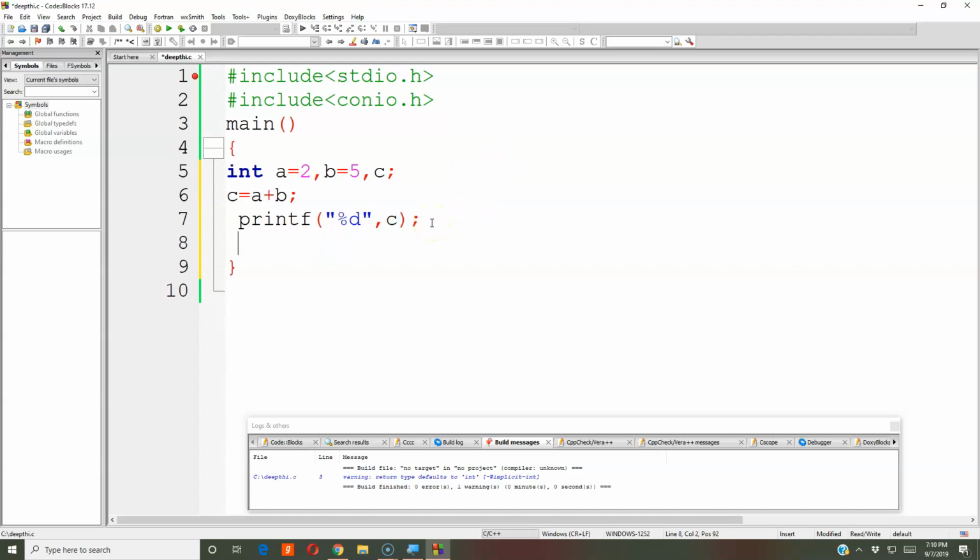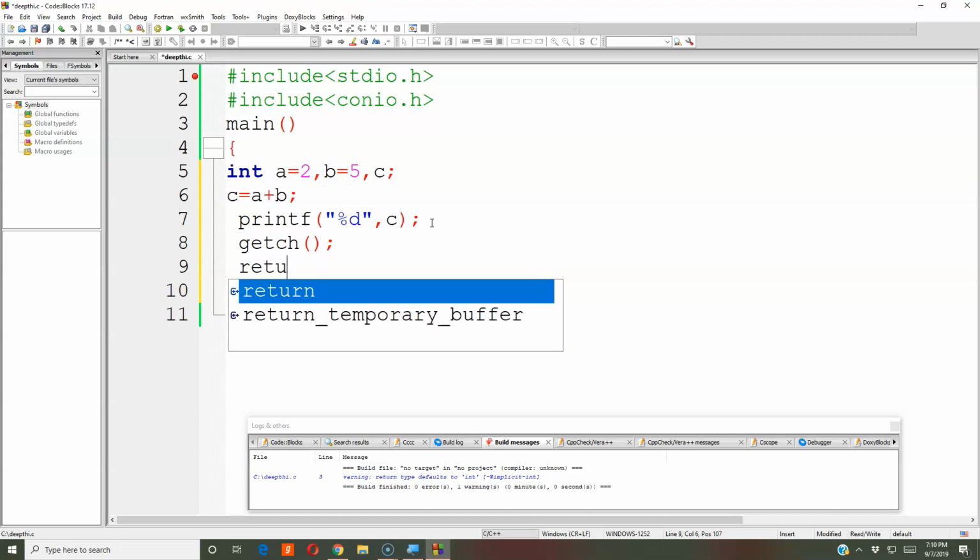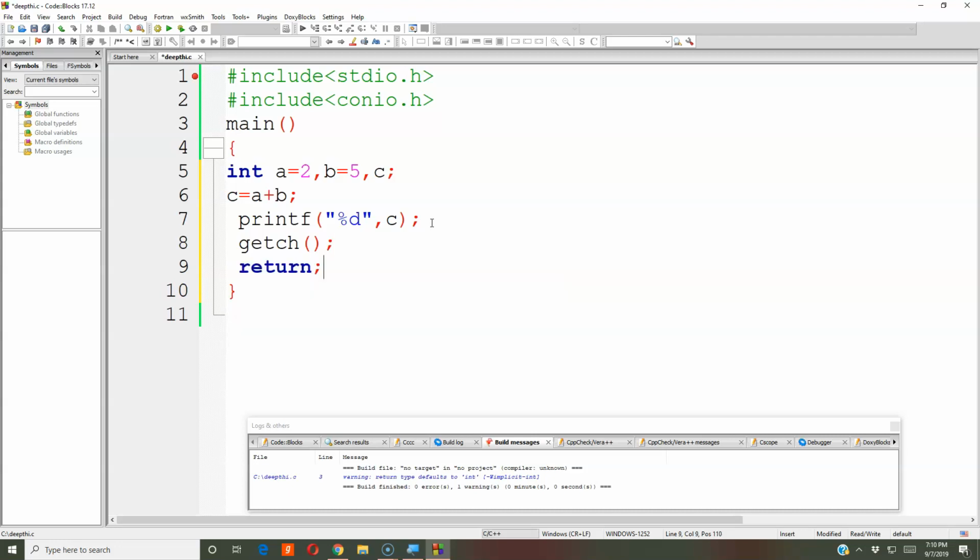Since you are giving inputs, let's give getch, get character, and return. So what is getch? In the previous session I have told you, it reads a single byte character from input.